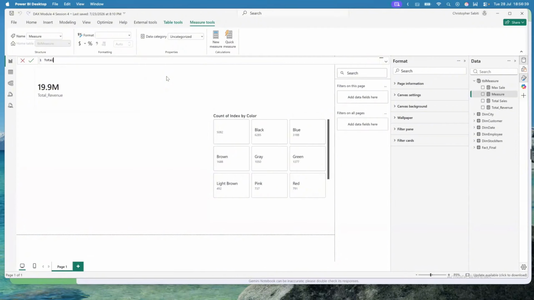We are doing total profit, underscore profit like this, which is equal to, let me increase this. When you hold Control on your keyboard and you're using a mouse and you scroll, you'll always increase the size, in case you're training someone and you want it to be visible, or even for yourself. So you see how I have made it enlarged. You can always do that. Tell me, sum,